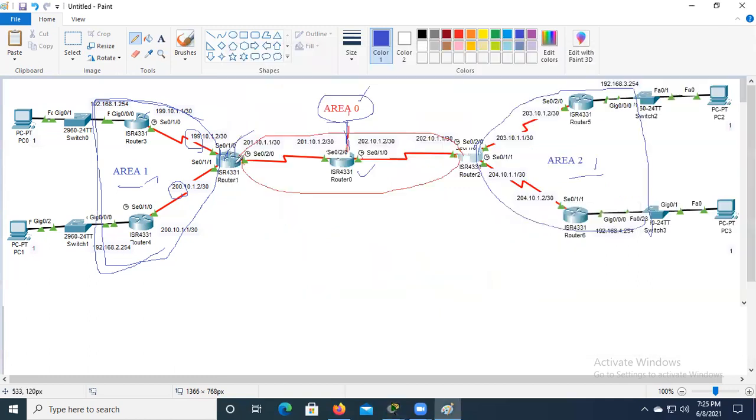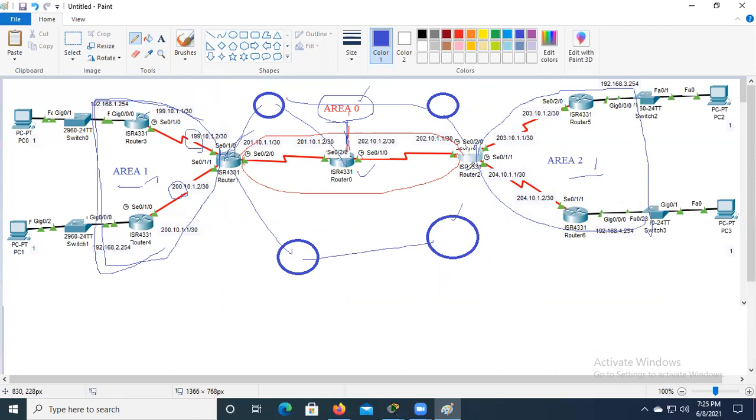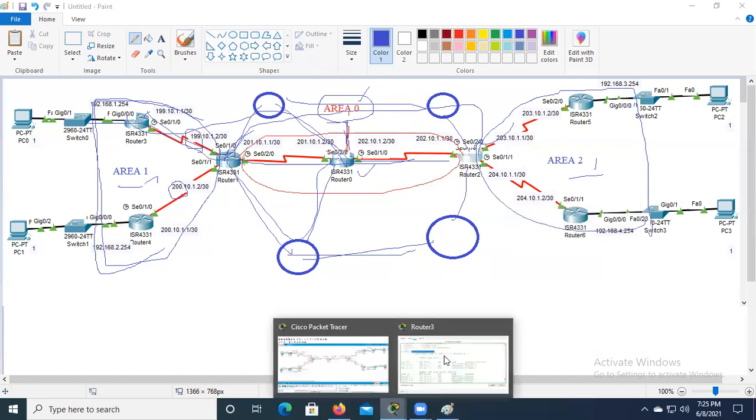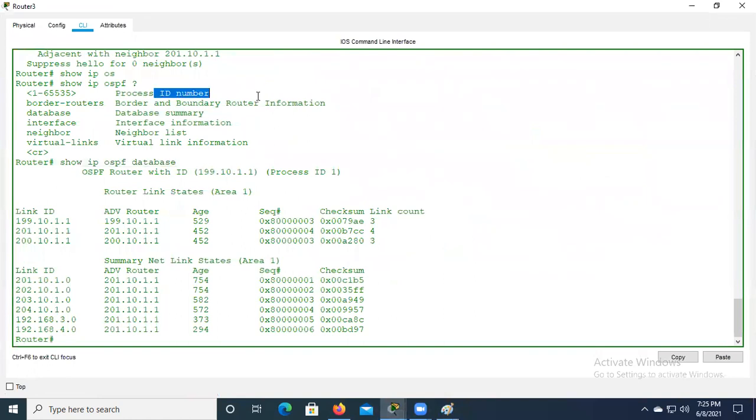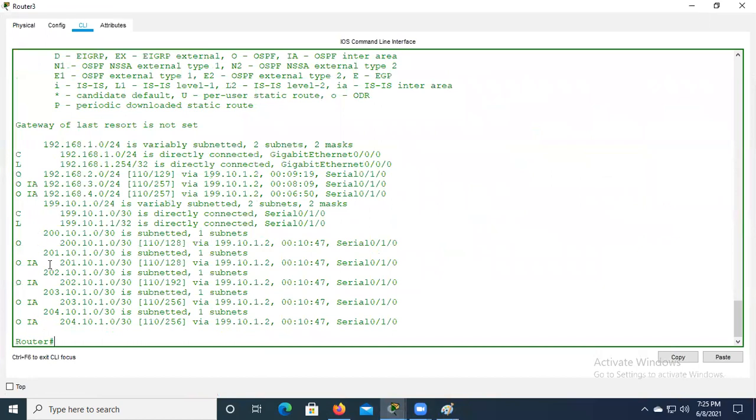You have only one path; you don't have redundant connections. Say for example, if you have multiple connections connected in such a way, you can go via this way, one path. It can go via this way, another path. There are so many paths. And all the paths will be maintained by OSPF in its database table. But when you give the command show IP route, the best paths will be displayed here.